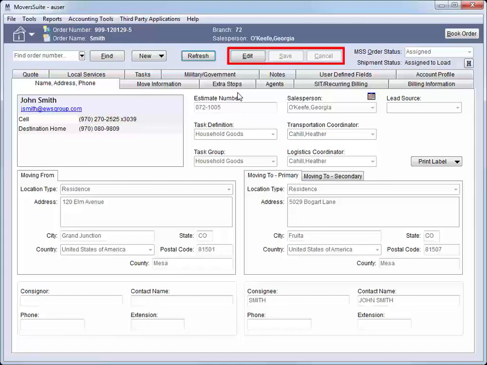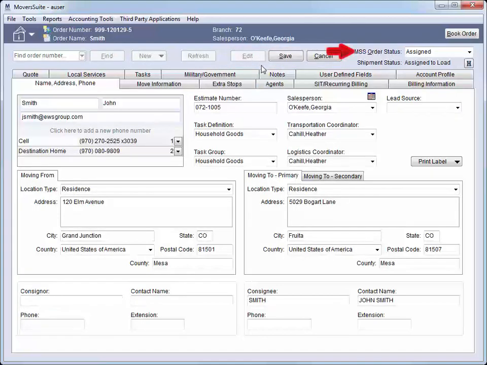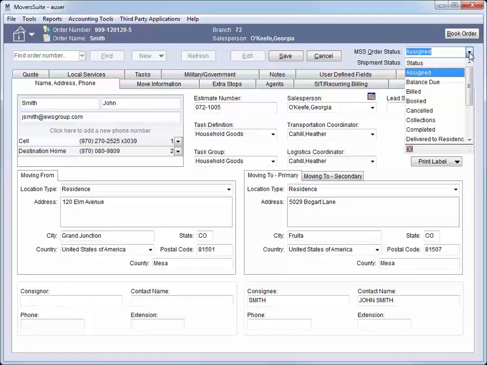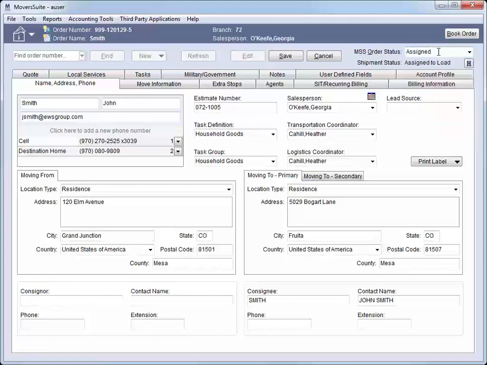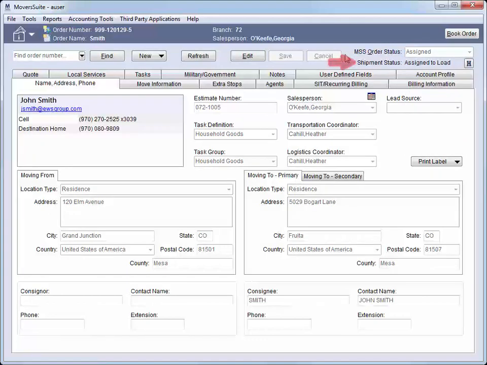Edit, Save, and Cancel allow you to make and save changes to the order. The MSS order status displays the current status assigned to the MoversSuite order. If we go into edit mode, we can update the status if desired. The status does update based on activities that occur on the order. One way is through shipment status updates, which can trigger updates to various fields and settings in MoversSuite, including the